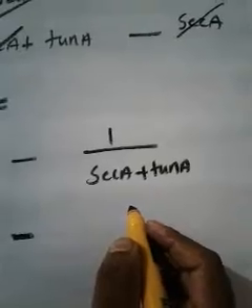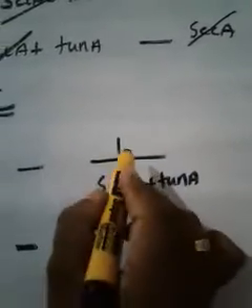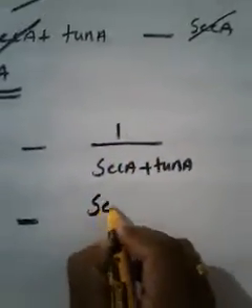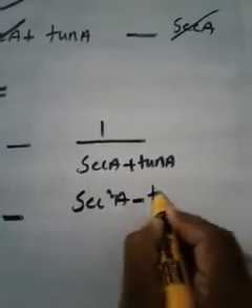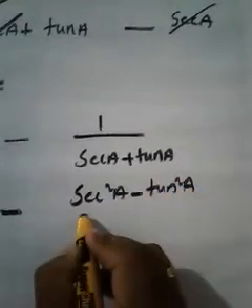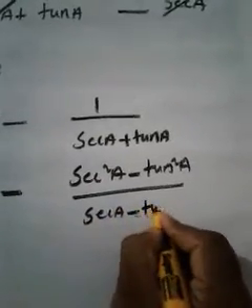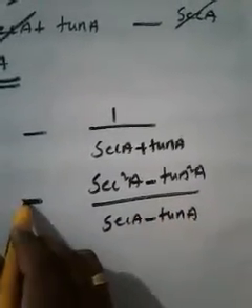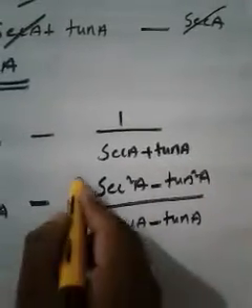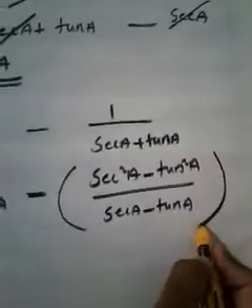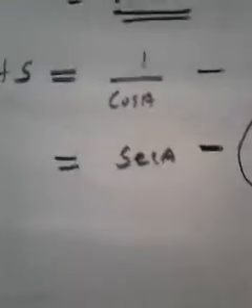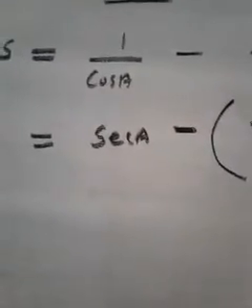Think. Pause your video and think. Yes, you are right. You can replace this 1 as what? Sec square A minus tan square A divided by what? Sec minus tan A. I told you, if more than one term comes after a minus sign, you have to give a bracket. That bracket is important. Okay. Now see, it becomes